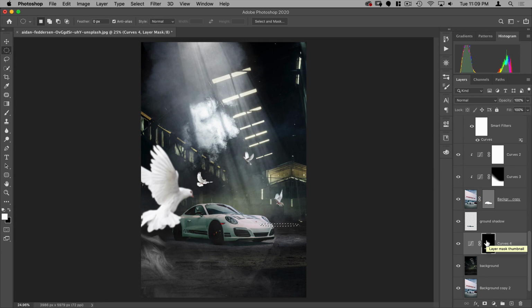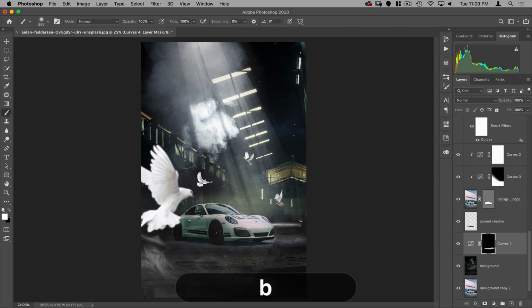So to fill with your foreground color, it's Option Delete. That's a little too strong, so I can just go on a big soft brush, make sure it's black, and then just kind of paint a little bit of black back on there. So there's still that highlight there, but it's not as strong.